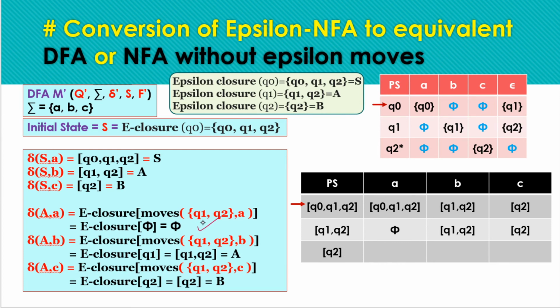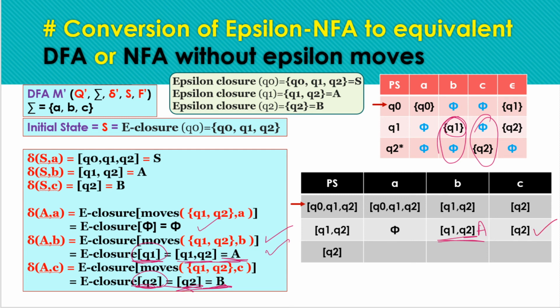So same, here we are getting null. For input symbol B, we are getting Q1 only, here we are getting Q1 only, and here we are getting Q2 only. So as we are working on the closures, we have to find the closure of Q1 here and the closure of Q2 here. On closure of Q1 we get the same state A, and closure of Q2 we get the state B. So the same is written here in the table as A for input symbol B, and